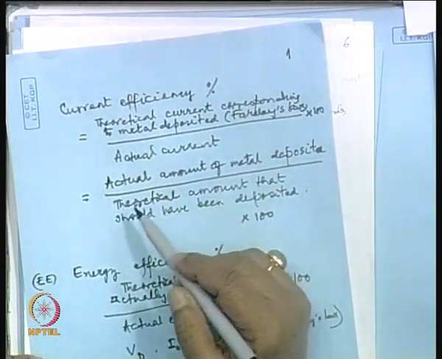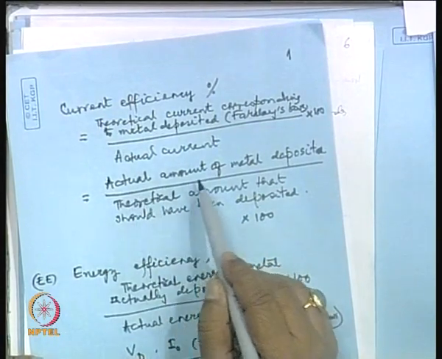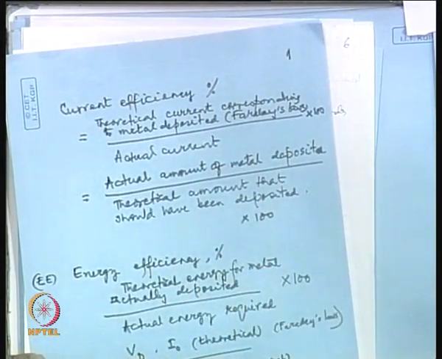We can put it in another way also. What is the actual amount of metal that has deposited by the current that you have used, and what is the theoretical amount that should have been deposited according to Faraday's laws. Now, what are Faraday's laws? Faraday's laws, there are 2 of them. One is, the more the current, the more is the production of metal. So, there is a direct linkage between the amount of current and the amount deposited. The second one qualifies this statement, that the amount deposited will be proportional to the equivalent weight of the metal,